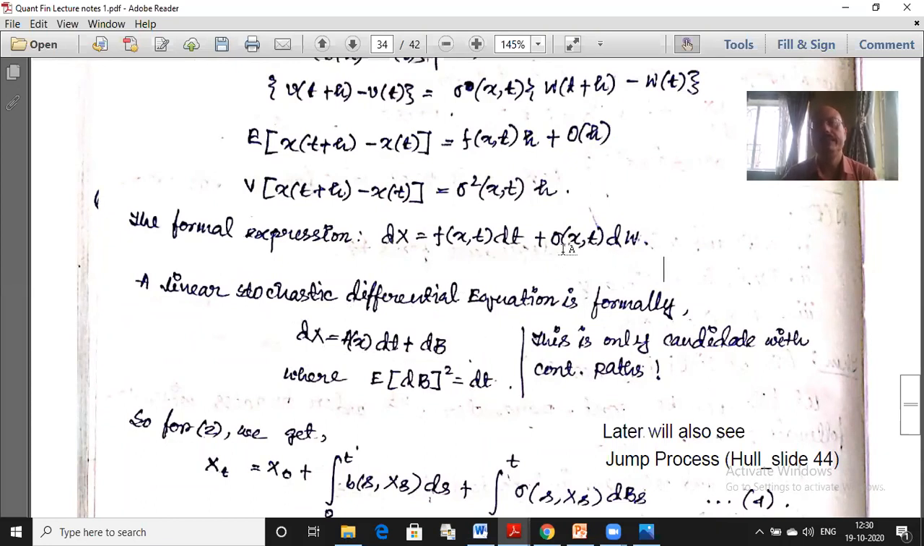So this sigma dW we write now in terms of the Brownian motion symbol dB, where the variance of dB is of the order dt. Informally, this is written as expectation of dB square is equal to dt. This is the Brownian motion. This is our candidate for noise. I cannot use the ratio form, but I can use the increment form